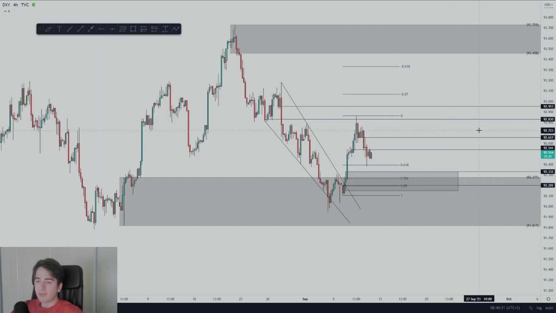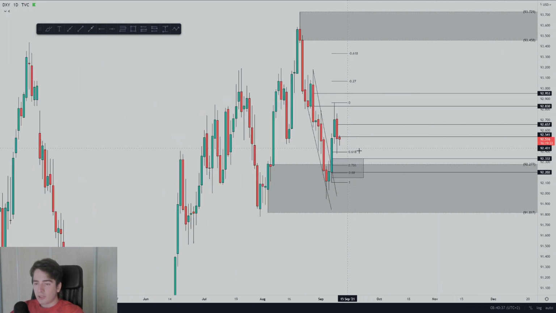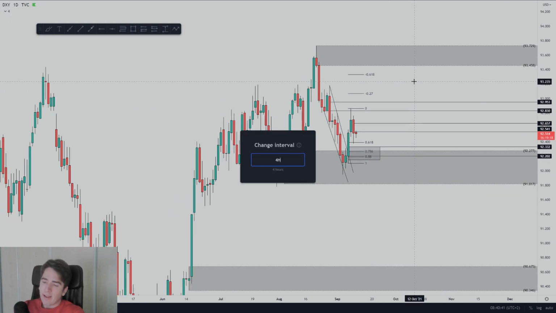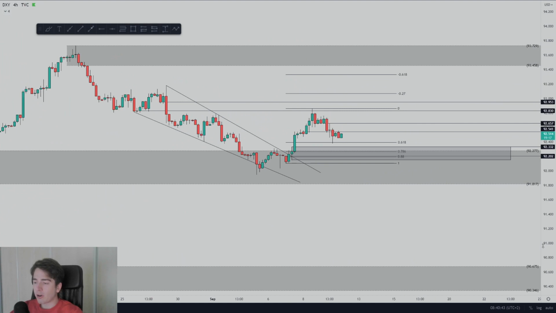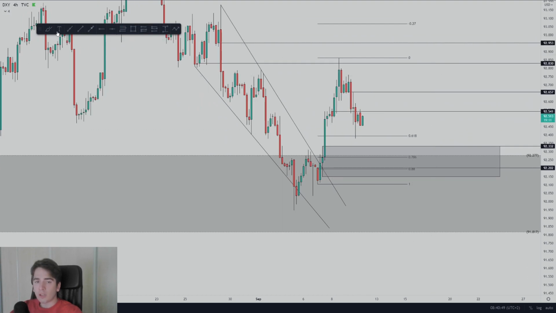So to begin with the dollar index, we did see a bearish close on the daily yesterday. So this bearish close does signify that there was bearish momentum within the market yesterday. However, currently looking at the 4 hour, we are kind of stalling towards the downside. As you guys can see, we have reversed from that 618 fib level, whereas I would have preferred us to reverse from at least this level here, which is the zone at 92.332.